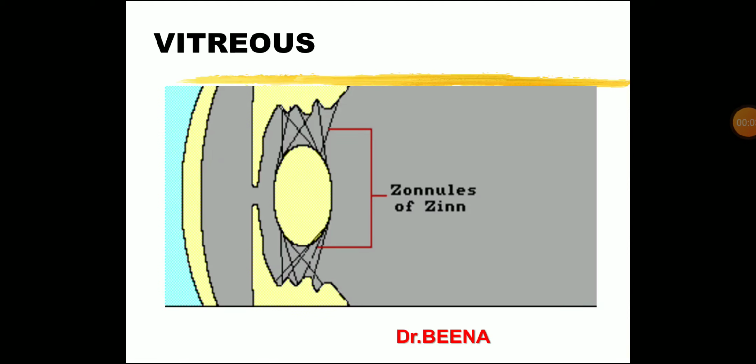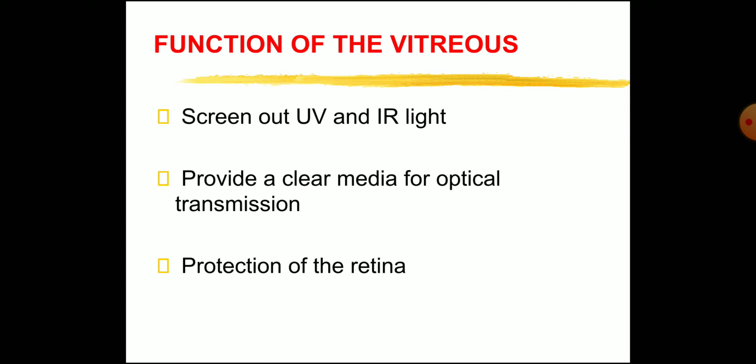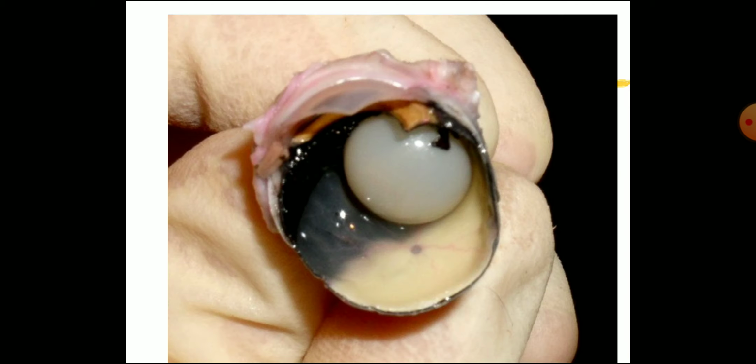Today's topic is vitreous humor. What are the functions of vitreous? It screens out the ultraviolet and infrared light, provides a clear media for optical transmission, and protects the retina. So you can see here the vitreous